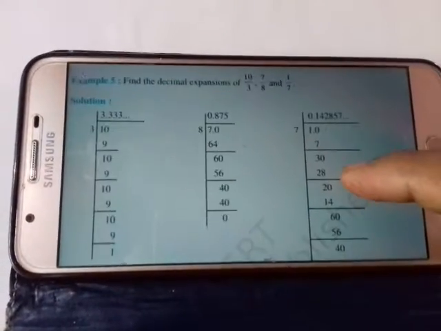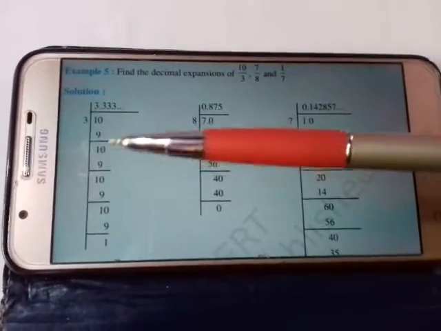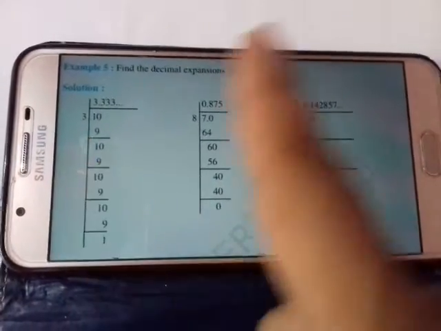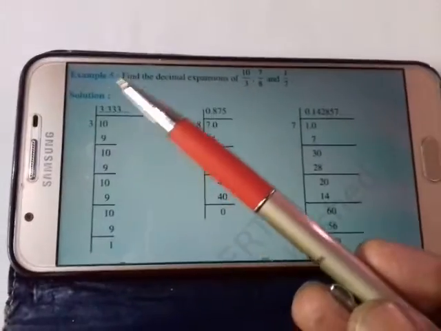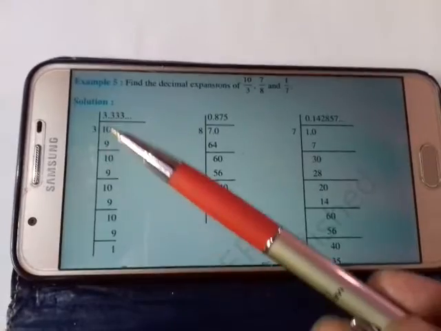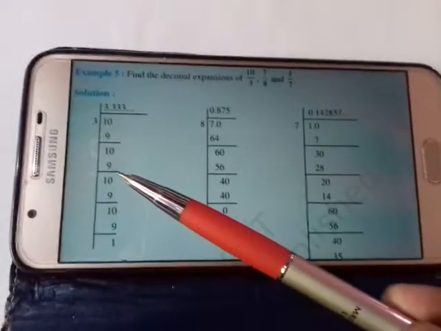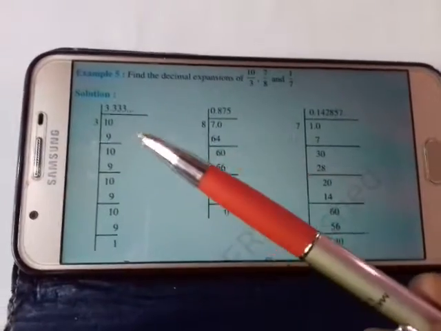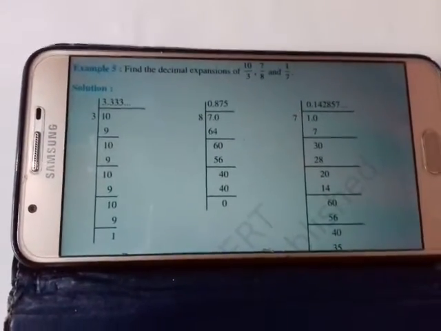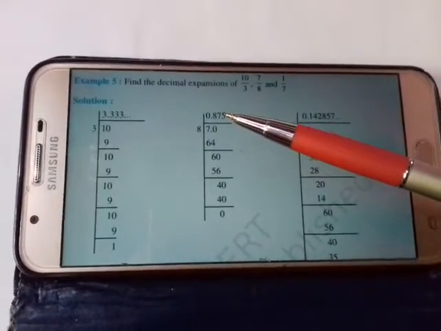Now we are looking at the decimal expansion of it. You can see, find the decimal expansion, that is the question. Now here 10 is divided by 3. You can see the division. At first 3 3s are 9, and then 1 came; since it is a single number and it is smaller than 3, we kept the decimal point and the 0 comes. And again 3 3s are 9, and then again 1, then the same process continues. What we see here is that the remainder goes on continuing as 1. It doesn't end.